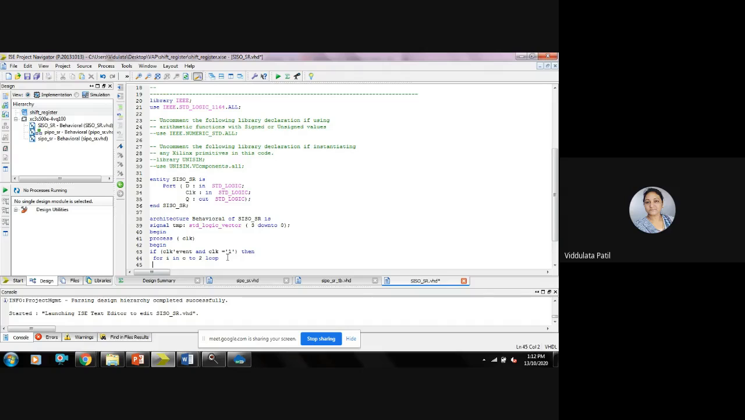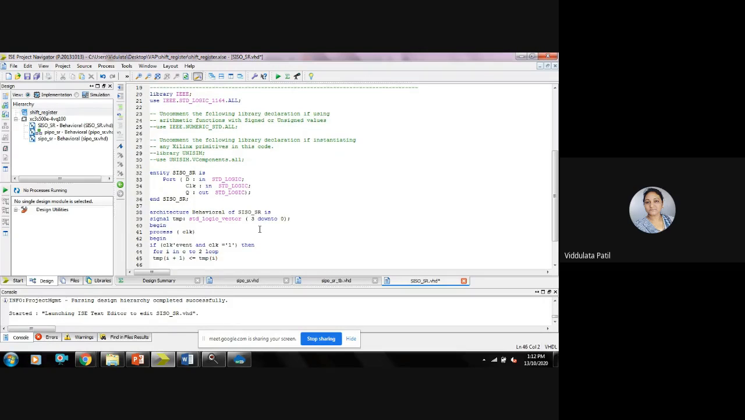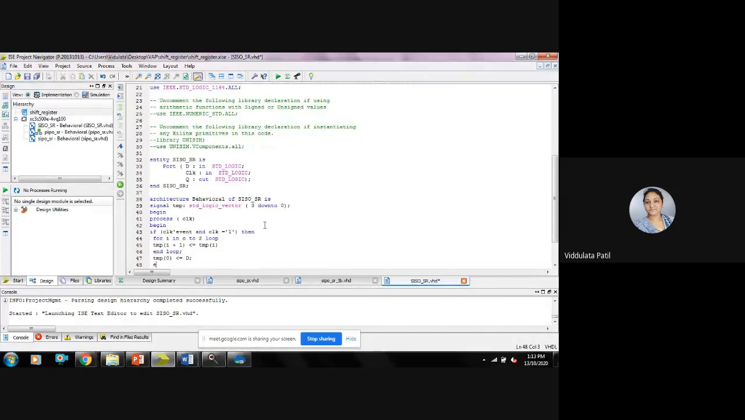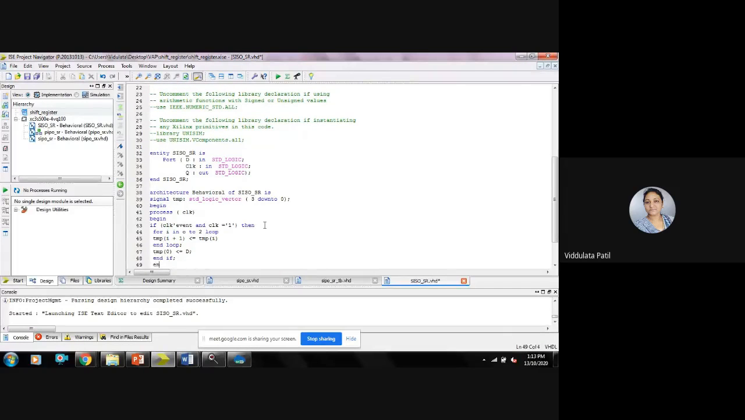Okay. So here after that TMP, that is a temporary signal that we have used, I plus 1, that is assigned to the value TMPI. Okay. End of this for loop. Then TMP0, that is equal to D. And then end of this if statement, end of the process,